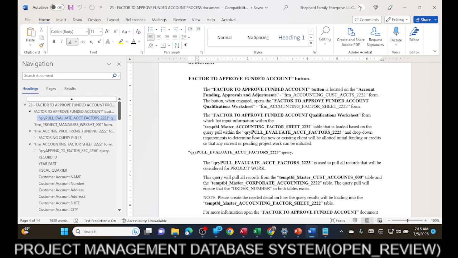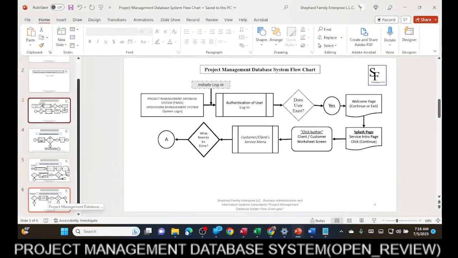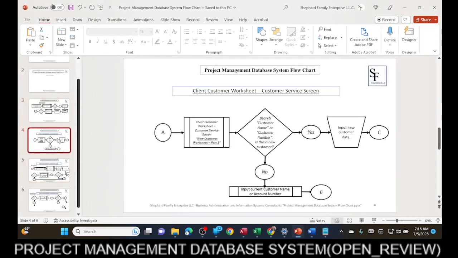I will put different number sets in the document so that I can direct some of my consultants' attention to certain areas and documents that they need to adhere to for process purposes. Okay, but I don't want to lose my train of thought. So the thing that I was looking at is, as I was going through my process flow chart, and